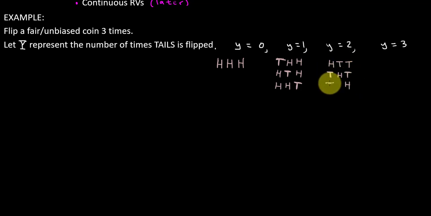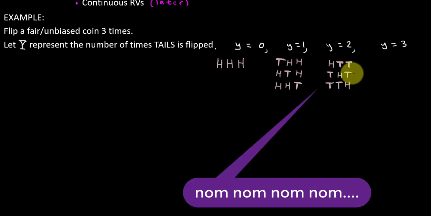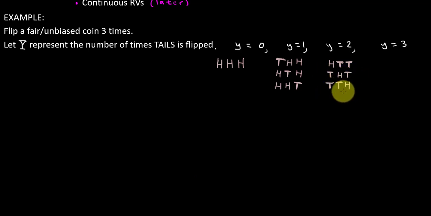So we've got HTT, THT. That is what we call a heads sandwich on tails bread. And then TTH. So notice, again, there are three ways for two tails to occur. However, there is only one way to achieve three tails,